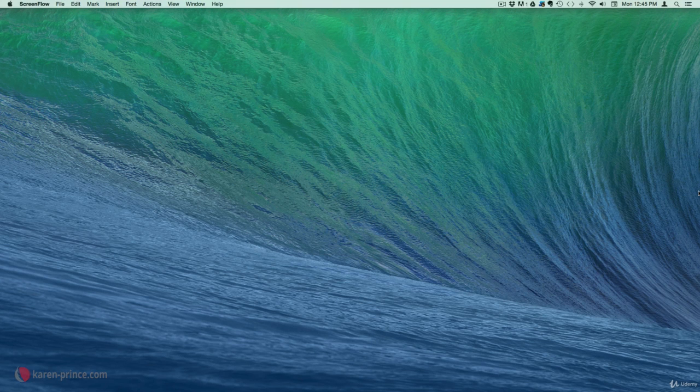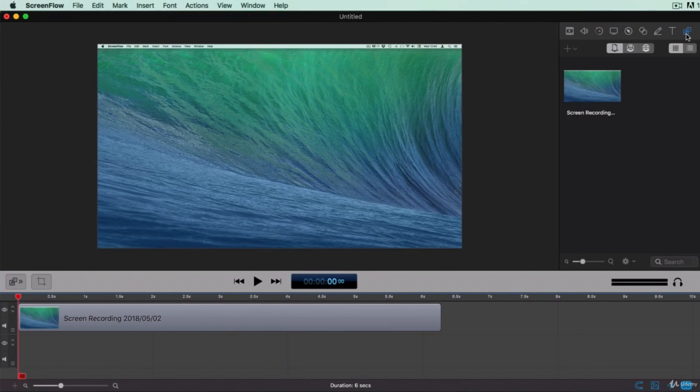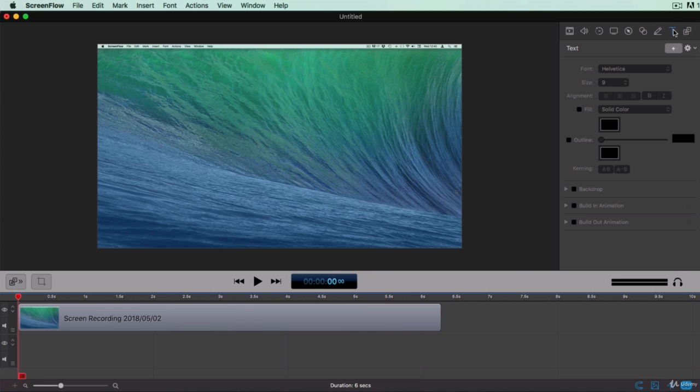Before we start, just a quick note for those of you who have upgraded to Screenflow 7. This was not a major update. Apart from a new dark user interface, a couple of performance enhancements, and a couple of new features like a new global library and some new options for adjusting your kerning and animating your text, everything works the same as it did in